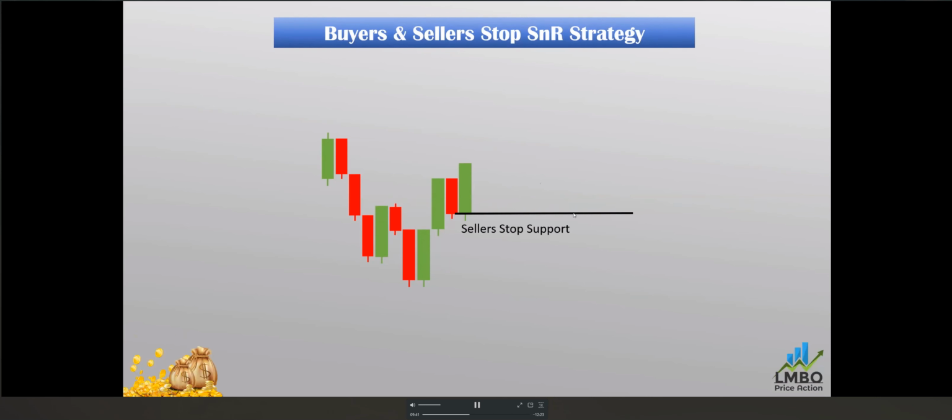Likewise, if you focus on the buyer, 1, then 2, 2, then 3, 3 buyers. Why? Buyers are extreme. And we found the seller appear here and start the market again, and then the sellers stop with the 2 sellers around 1 candlestick. It means this is a stop of the buyer. They create a resistance. So now the price is here. If the price breaks this one or closes under this one, the market will reverse back. If it closes above this one and breaks this one, the market will reverse back.